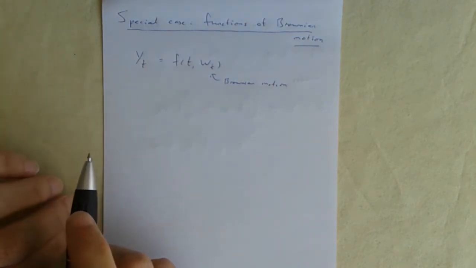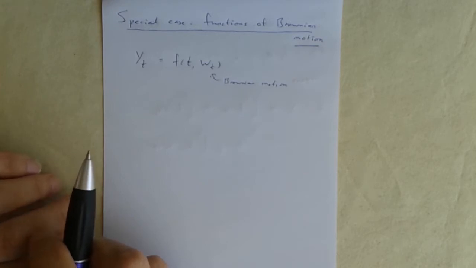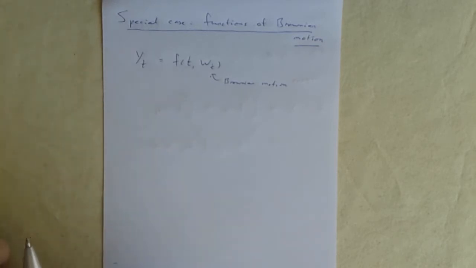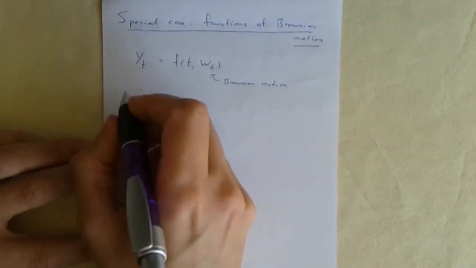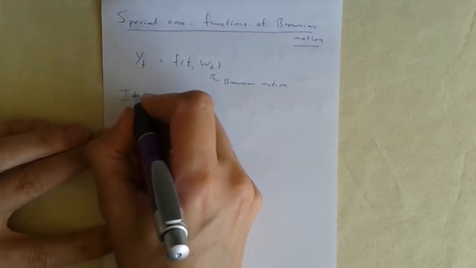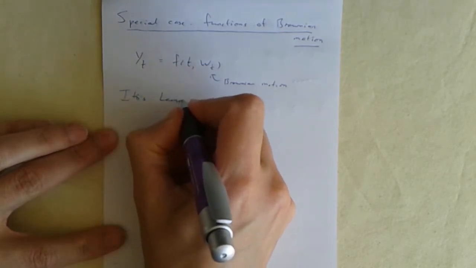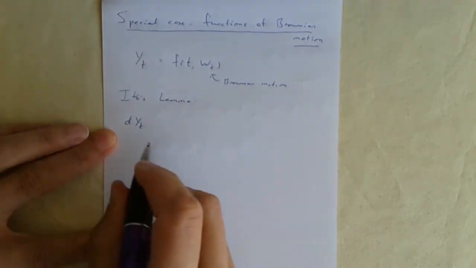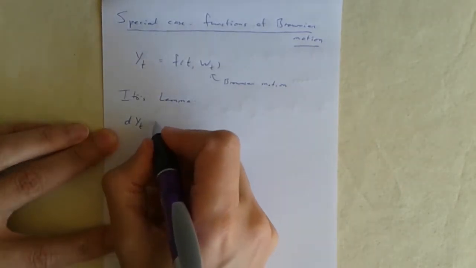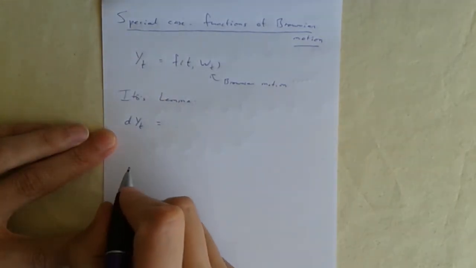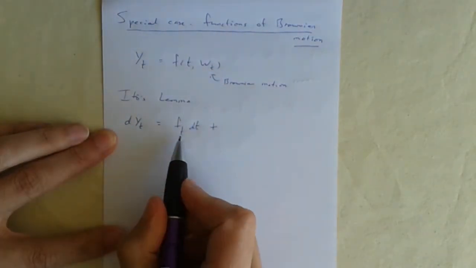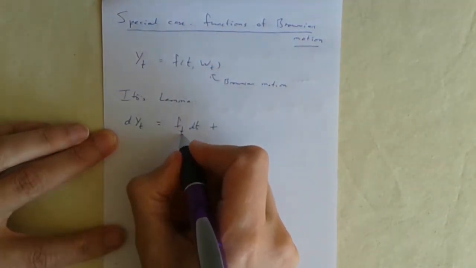Brownian motion, remember, is the Ito diffusion with drift 0 and speed 1. So it's a special case of the Ito's lemma that I just wrote down before. So then Ito's lemma would tell you in that case that y_t is an Ito diffusion, and it can be described by this equation. dy_t is f_t dt for the dependence on t,